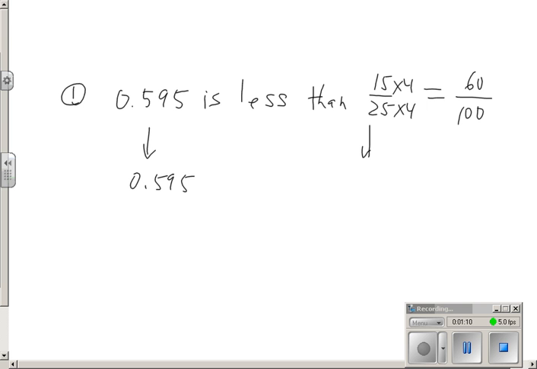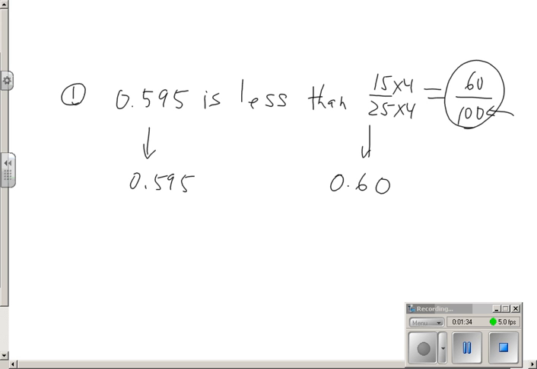Wonderful. Well, I got another fraction, but now, because the denominator is base 10, I can read it and write it as a decimal. 60 hundredths is really 0.60. That's 60 hundredths. Now I have something to compare. It says 0.595 is less than 0.60, and some of you still might be going, well, this looks like 595 and this looks like 60,